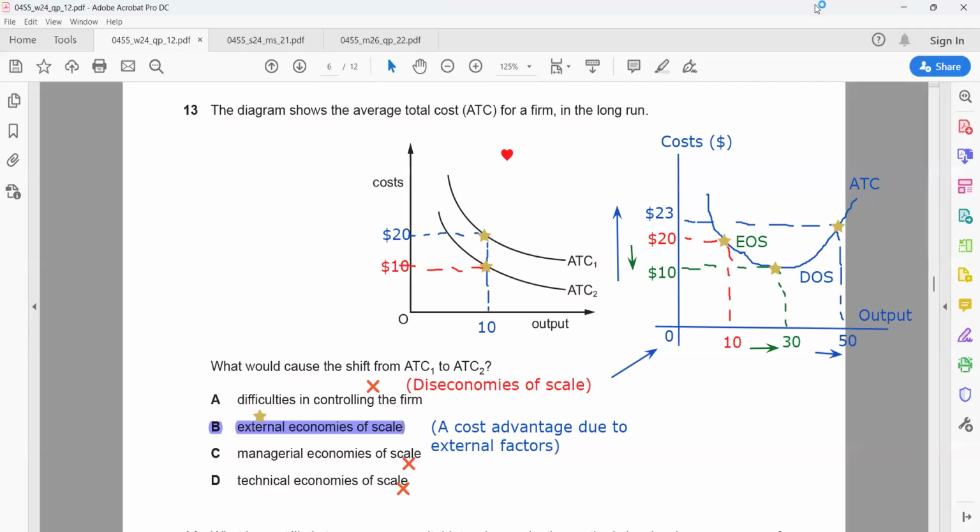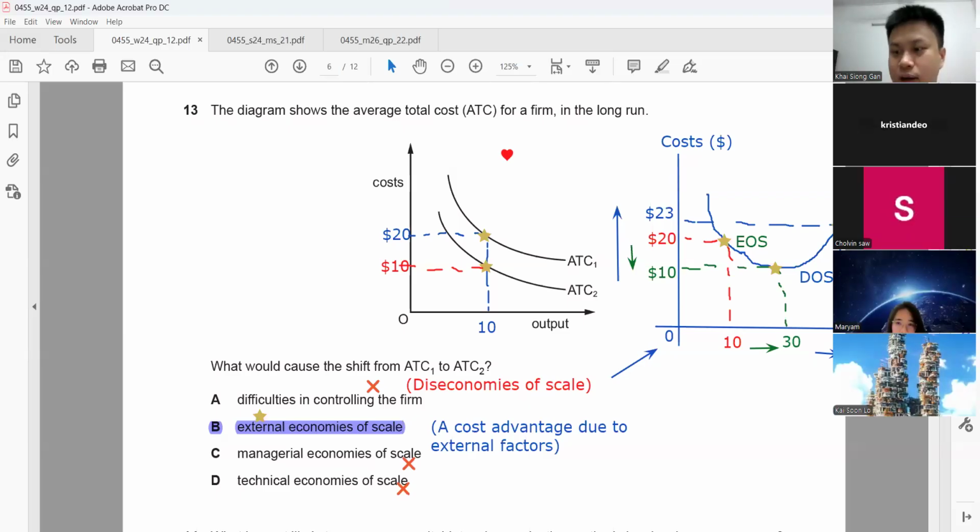The second Q&A, I think from Kai Sun. Kai Sun, I want to discuss one of the questions that you sent me today, which I really have no time to mark. I think it has something to do with the air travelling one. There was a question about air travelling.